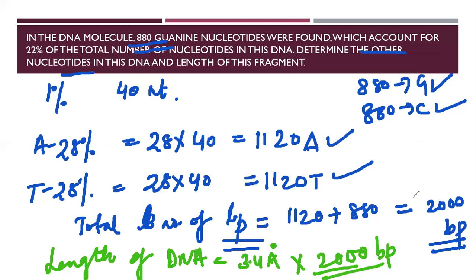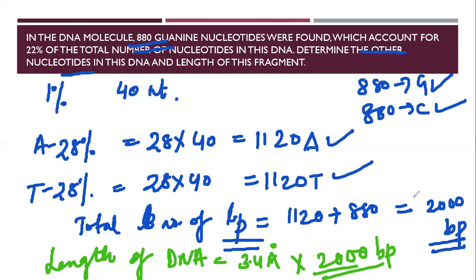Are you getting the confidence to do this in future? Yes, ma'am. Because these are very simple numericals. It's just that you should know how to start. Whenever G is given, you should start by calculating the C and AT, based on the DNA structure, that is basically Chargaff's rule. First, get the percentage or the number of nucleotides of your G, C, A, T. Then you can do anything. If they're asking the number of base pairs, just add it. If they're asking the length, just multiply with the distance between the two nucleotides, that is 3.4 angstrom or 0.34 nanometer. So don't get confused.